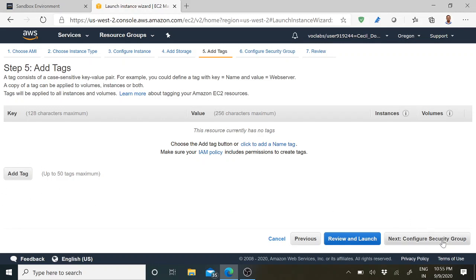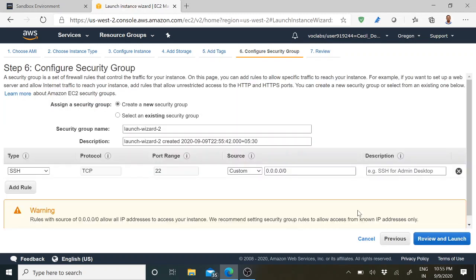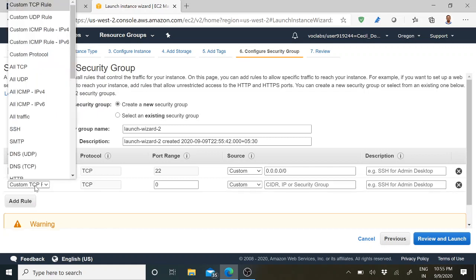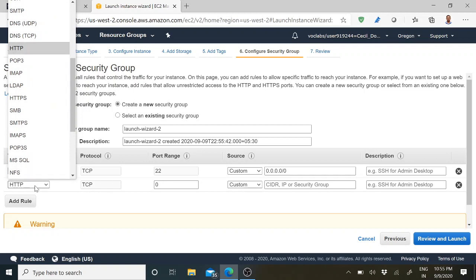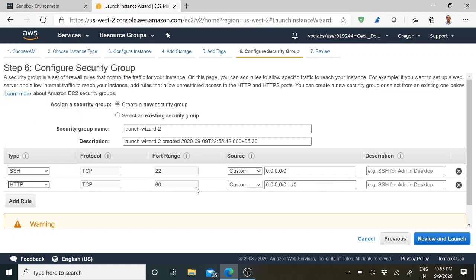Okay, I'll just move to the next step, the very important step here, configuring the security group. Since we are going to use the SSH terminal, we have to use the SSH. Then add two more rules. That is for HTTP because we are going to use the IP address to view the particular website in the browser.